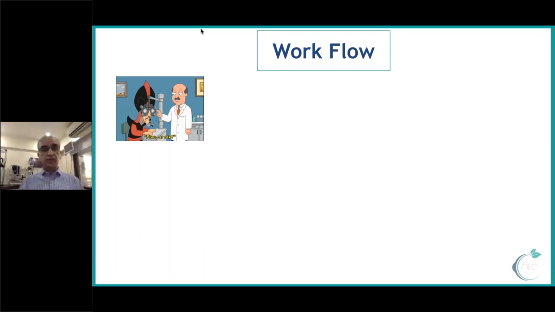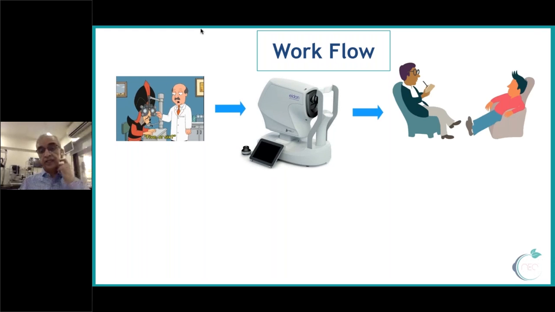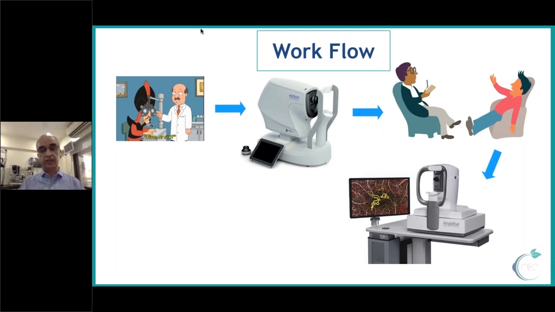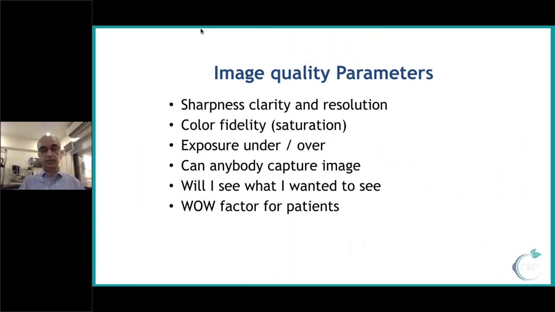So what's the workflow? The patient comes in, the optometrist does the preliminary, and if he sees the vision is not improving, the patient directly goes to imaging. We do a fundus photography, and then if we find any changes, we counsel the patient on whether they need other investigations, and then we subject the patient to investigations. After investigation, with all the reports in our EMR, all the images are connected within the EMR, and then the patient is seen by a doctor. So this is how we see the workflow.